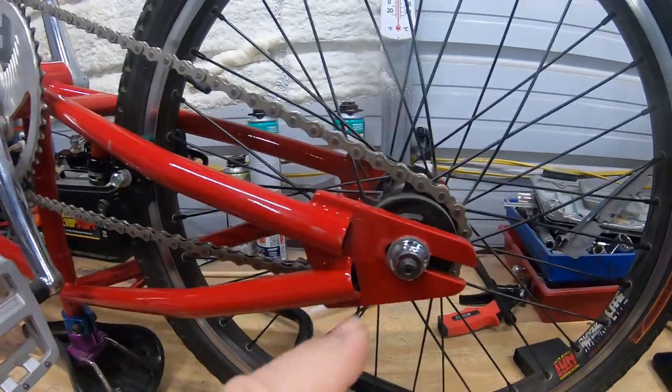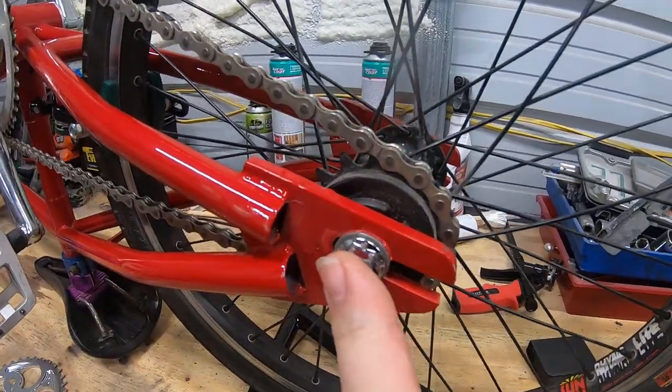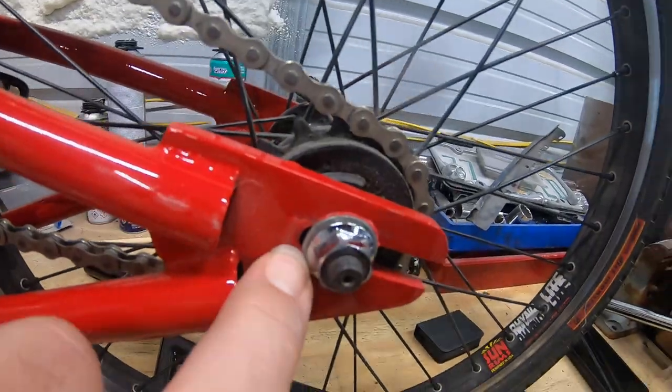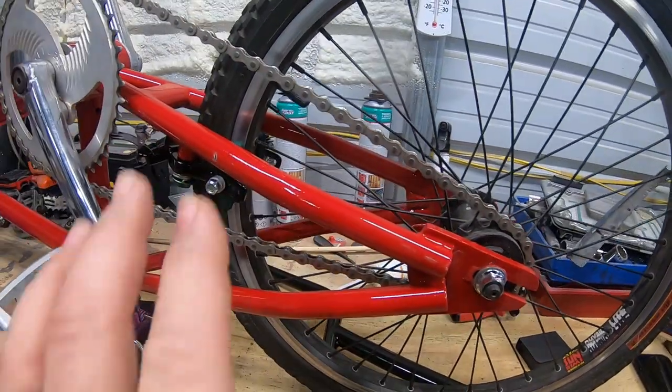Also, one other thing it does, I'm going to show you. I know it won't matter too much, but I'm hoping that it will take this whole wheel and bring it up just a tad bit further, closer to the center of the bike, making pulling up a lot easier. It was never always easy on this bike. It was easier, but whew,